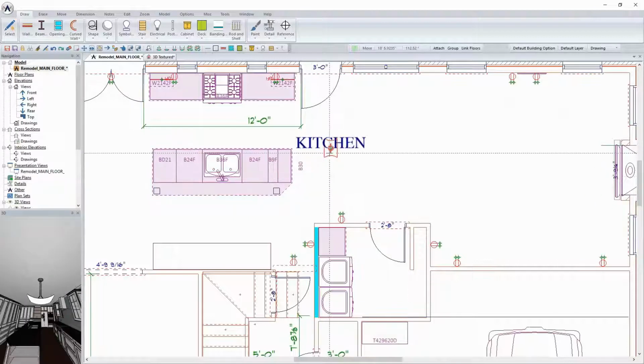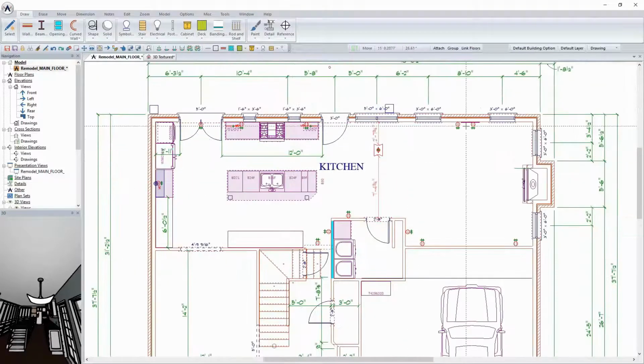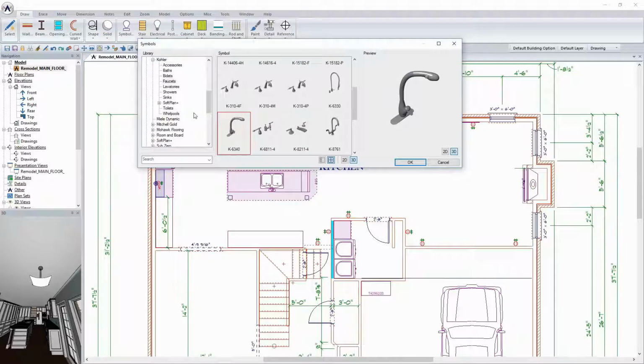When we placed the room mode in, it placed a single light fixture in the middle of the room. Remember, I dragged the entire room all the way across. I'm going to move that one light fixture over to the breakfast nook area. What I want to do is come in and place a couple of pendant lights. I want to put some can lights in here, etc. So if I come in through draw symbol,